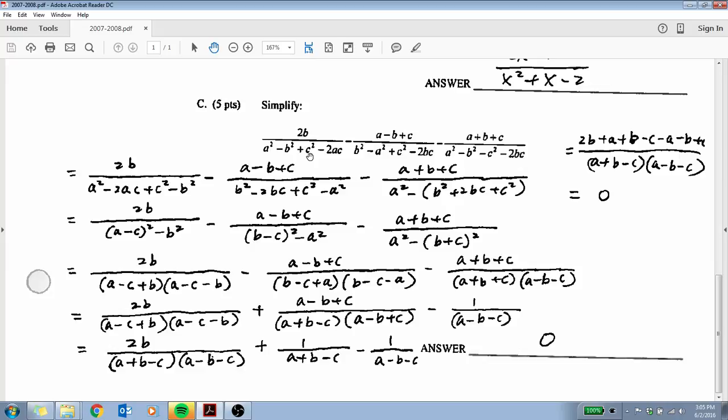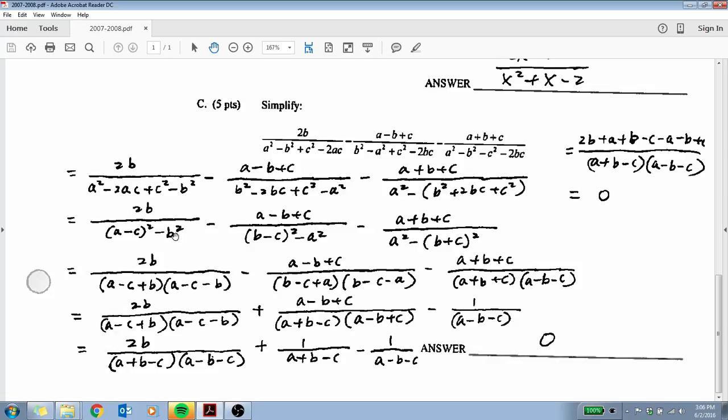nicely within that denominator. So I'm going to regroup in such a way that we have the negative b squared at the end, and put the a squared minus 2ac plus c squared here, like so. The reason is, if I look at the first 3 terms, a squared minus 2ac plus c squared, this can factor nicely. It's going to be a minus c quantity squared. So that's what I'm going to get right here, and then the minus b squared will just go at the